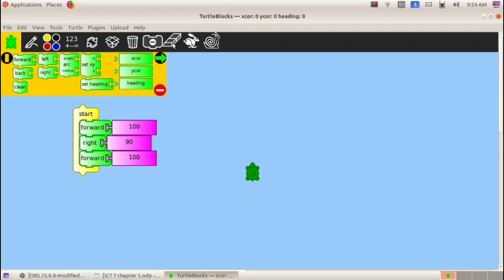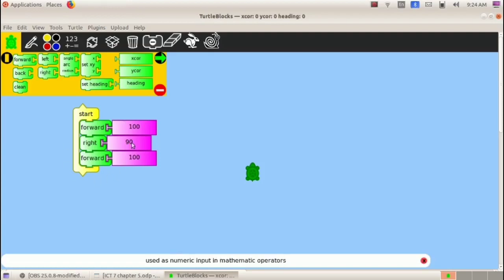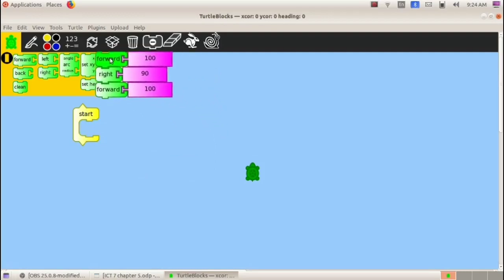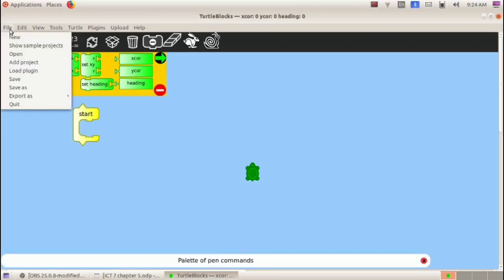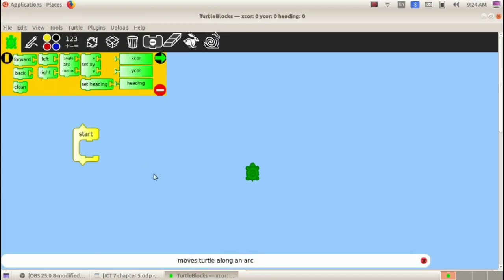Then if we want to start a new activity, we have to remove these instructions also. So we have 2 methods for that. First method is we can click and drag these instructions and we can place them back in the instruction set. That is first method. And second method is we can go to File menu, then select New. So these are the 2 methods to start a new activity. Either we have to click and drag the instructions and place them back to the instruction set, or from File menu we have to select New.